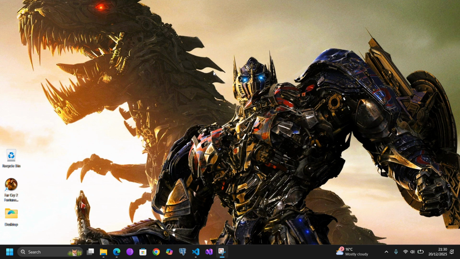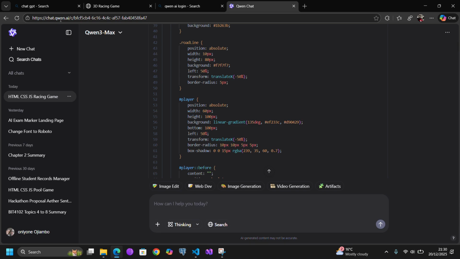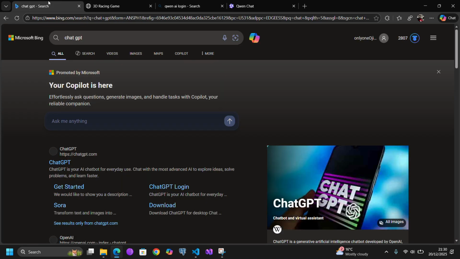So we're going to prompt four language models to make a game using HTML, CSS, and JavaScript, and we are going to measure their performance and the quality of the game that they give us. As you can see, I had earlier run